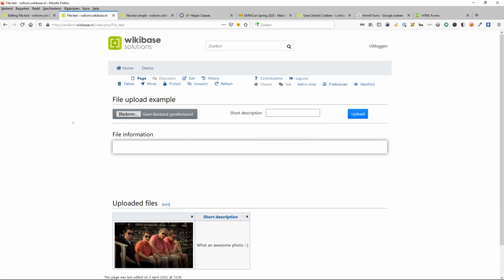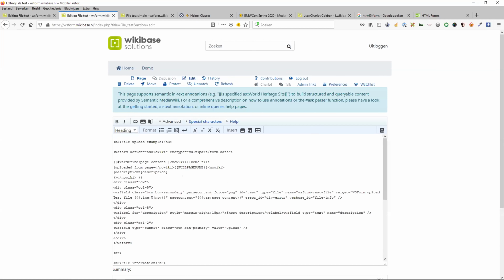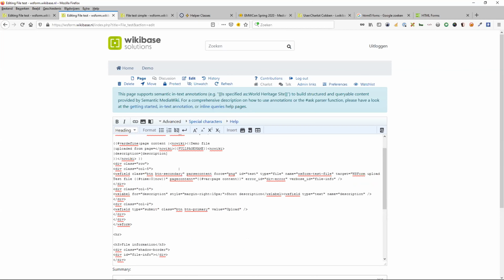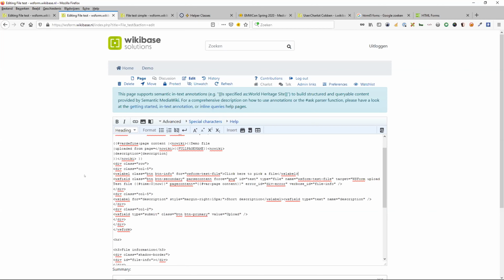Now you could dress this up even a little bit further, just to give you an idea on how we created simple gov and all those kind of things. If I put something here in comments, and the reason I did that is because this has an extra field here. See, there's a label. Hang on, there's an extra label here. It says click here to pick a file. So I'll just copy that and I'll put that in front of this one. Now, if I save this,